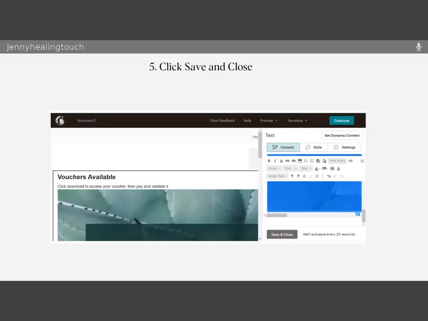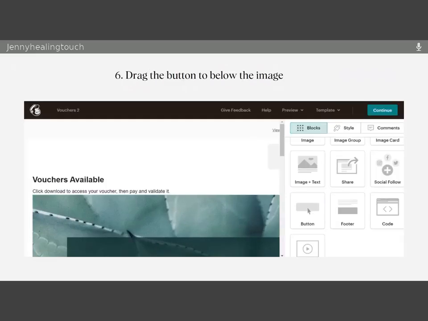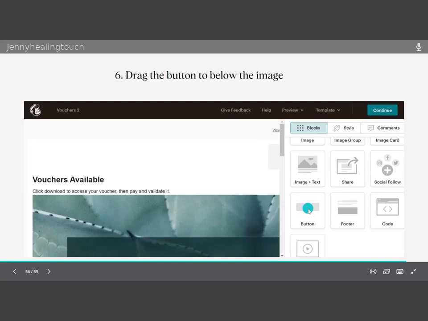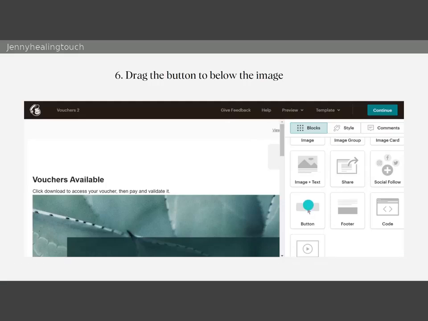And then we click save and close. MailChimp is fairly good for prompting you and showing you what to do. Once we have clicked save and close, we get other options of blocks that you can add to your newsletter. So what I'm going to do here is use the button, and you can just click and drag the button